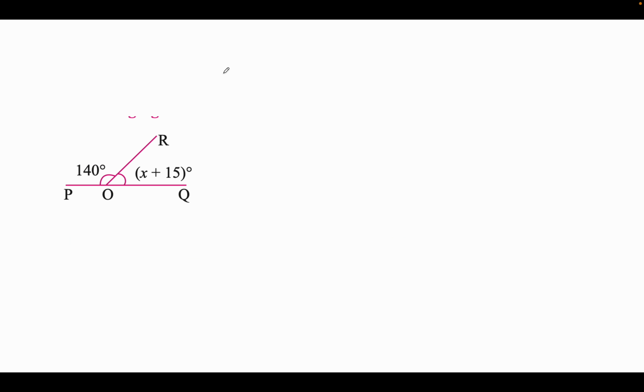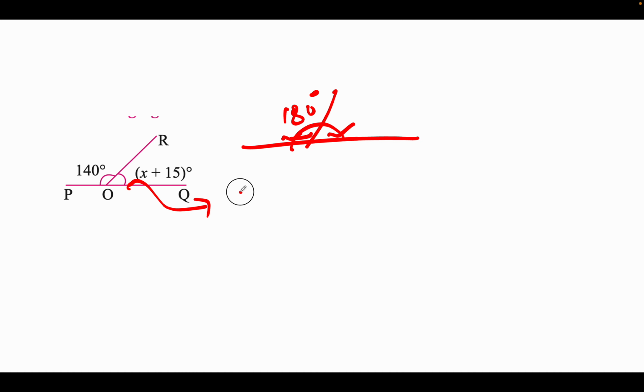Then the second question is, we know that the sum of a straight line from here to here is 180 degrees. First of all, we have to understand that the sum of a straight angle is 180. So to find the x, here 115, this one angle, plus 140 equals 180,